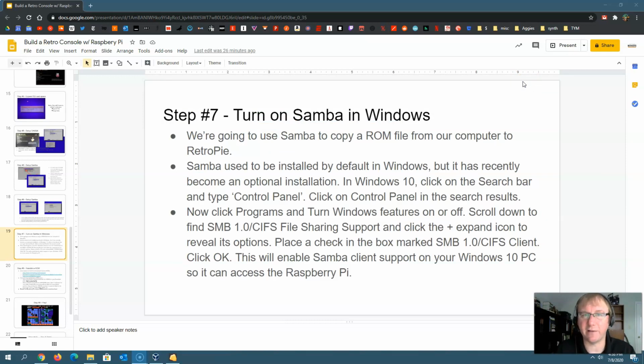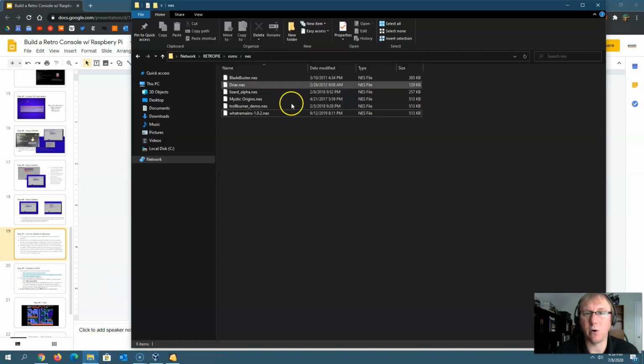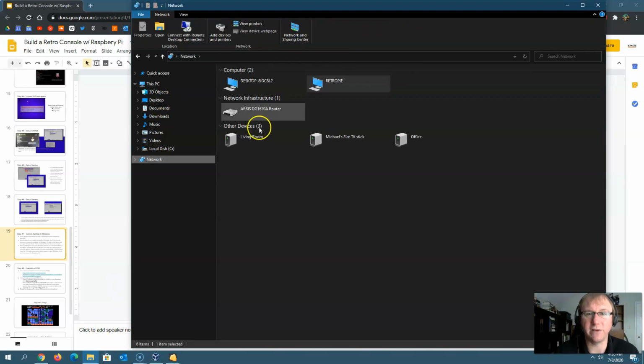Once you reboot, what should work now, as long as everything is set up correctly, right? That's a big if, but if everything's set up correctly, you should now be able to transfer a ROM file, and in our next step, we'll look at where to get some of those. As I mentioned earlier, you should be able to transfer a ROM file from your Windows 10 computer to your Raspberry Pi. So when you open up your file manager here, you'll go over to Network,